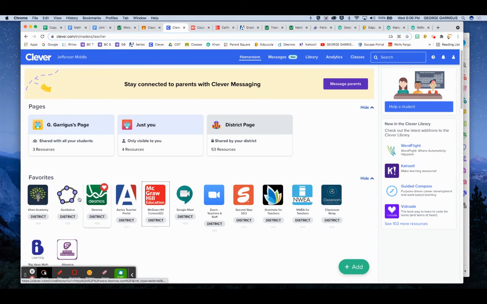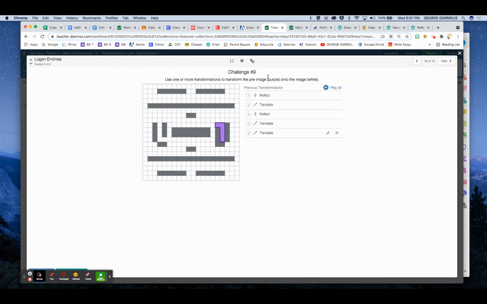Finally, we have Desmos, another big opportunity for them to do some other fun activities. We are doing transformations, so they play with transformations, with reflections, translate, reflect, translate. There's also a rotate in there.